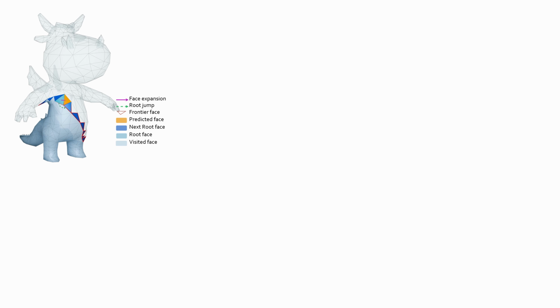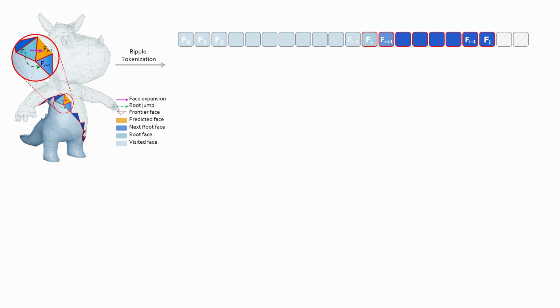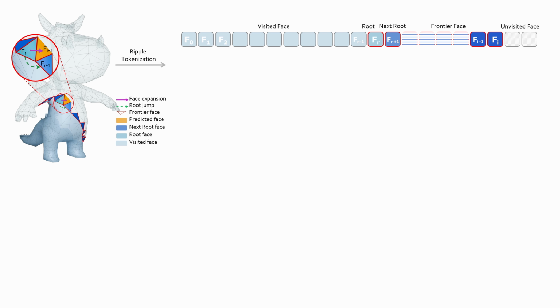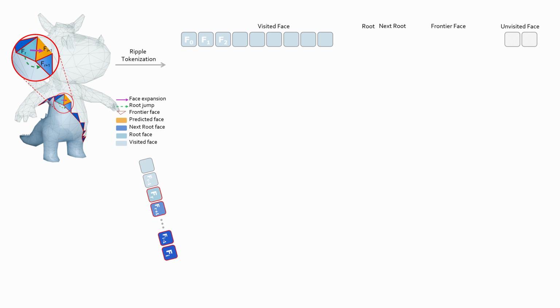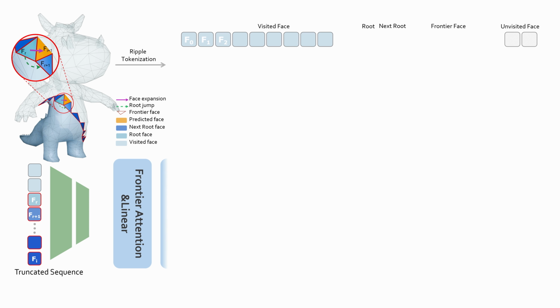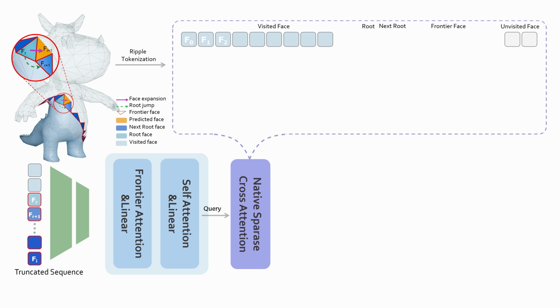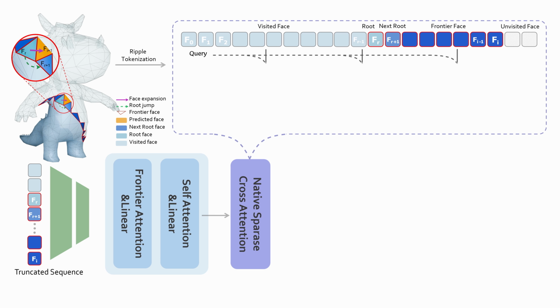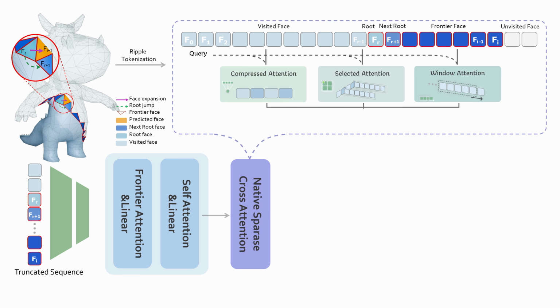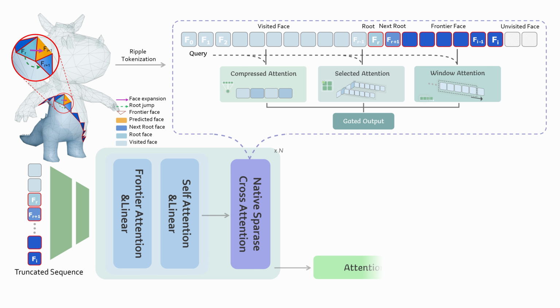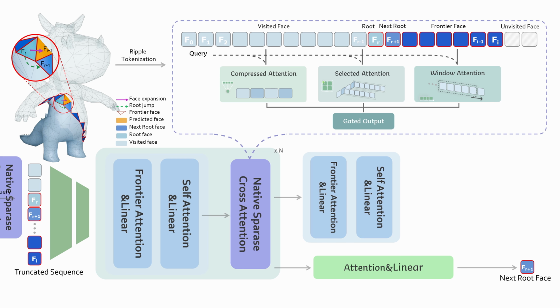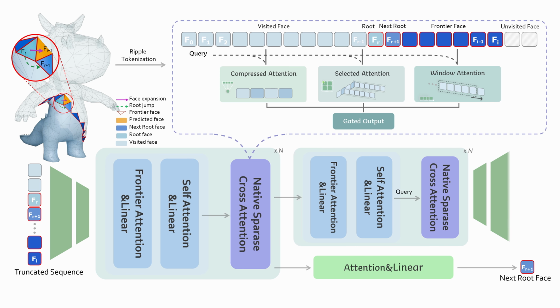disconnected components. We propose a specialized autoregressive architecture for structured mesh growth. Ripple tokenized sequences are processed in fixed segments, utilizing an hourglass backbone to compress vertex tokens into per-face embeddings. The architecture integrates frontier, self, and cross-attention layers to jointly predict the grown face and the next expansion route, constraining generation to a coherent surface. Furthermore, we introduce native sparse contextual attention, a causal mechanism that queries a compressed history summary to capture long-range geometric